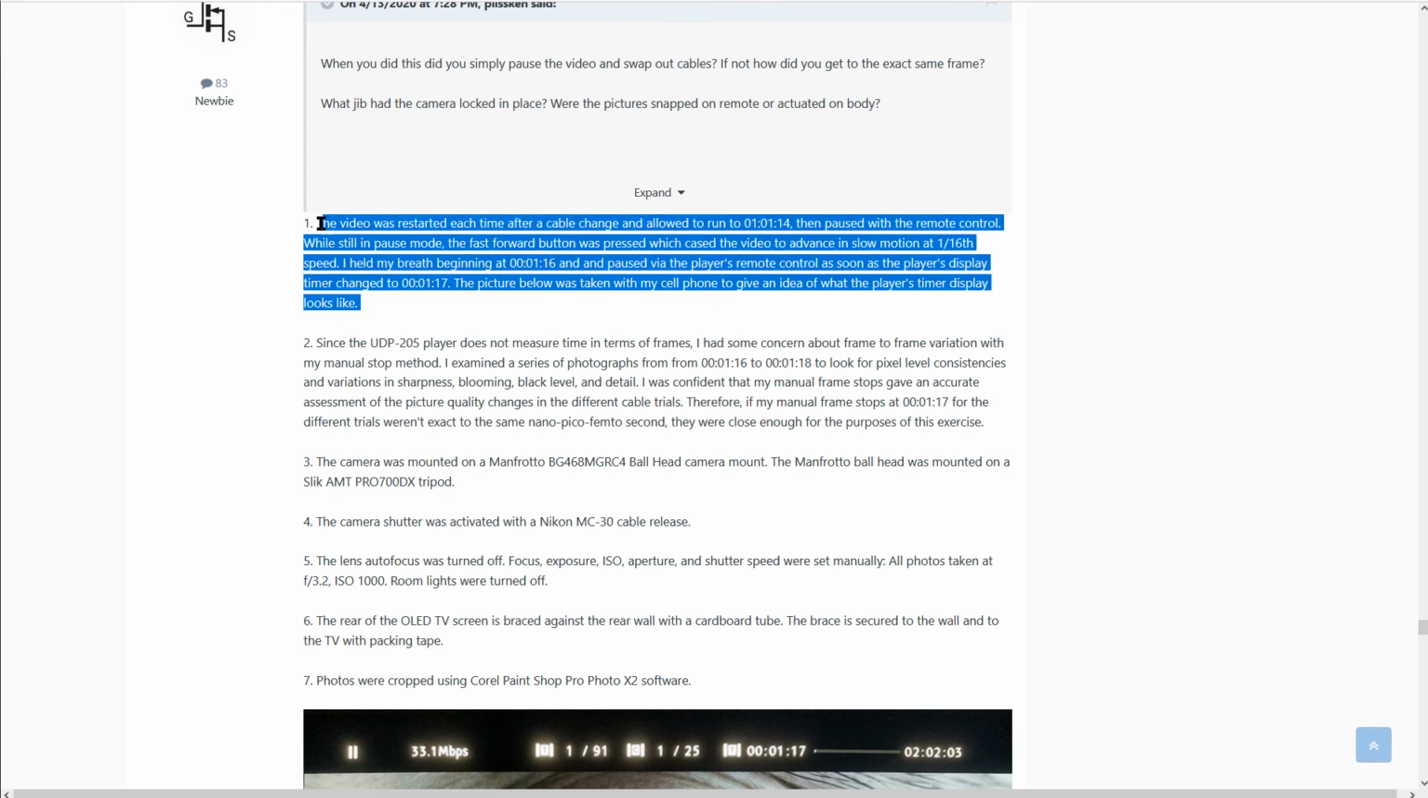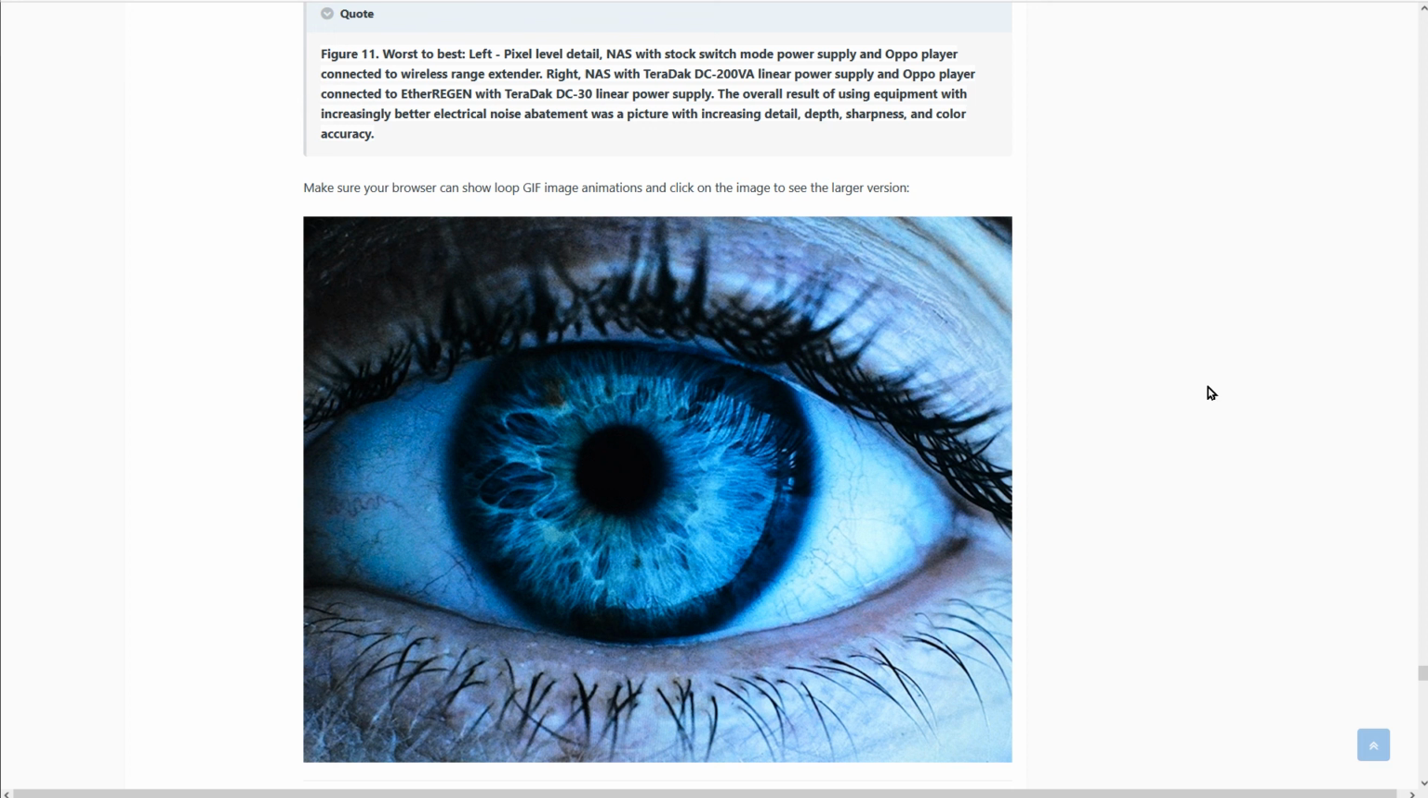Here we have an admission that he is not stopping on a particular frame. It is guesswork. And Paul does a great job of taking two of these, overlaying them, and just doing a loop animation, and you can quite clearly see this cannot be the same frame